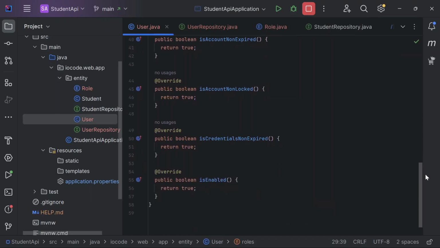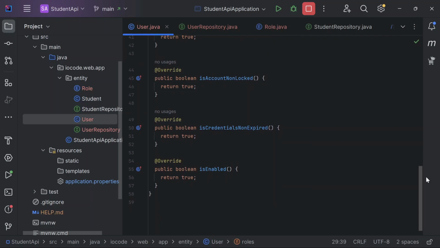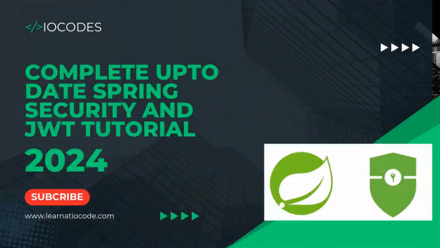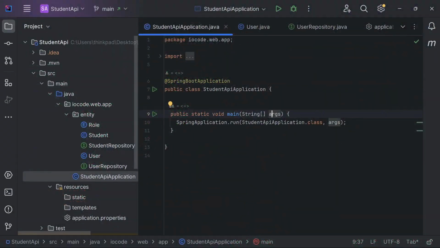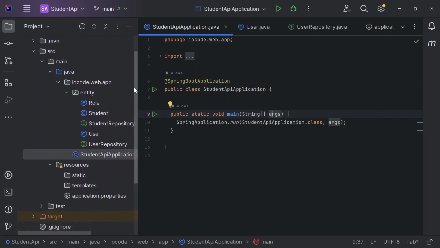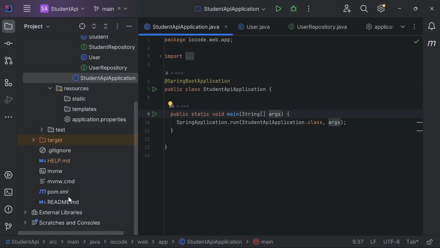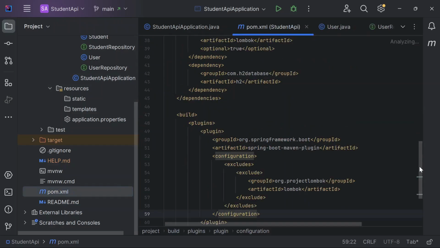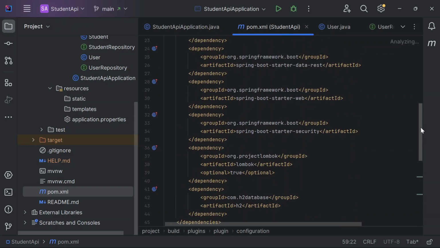So the next thing we want to take a look at is how to start implementing JWT, that is by creating a JWT service class as well as creating a JWT authentication filter class. Now, in order for us to get started with the creation of our JWT service class, we need to include the JWT dependencies inside of our pom.xml file. So right here inside of the pom.xml file, when we take a close look at what we have here, we are yet to include the dependency for the JWT